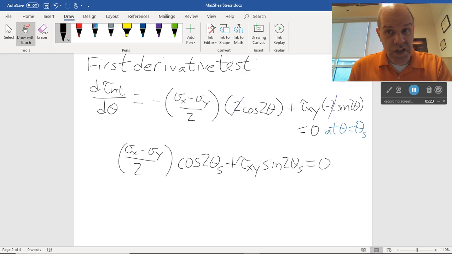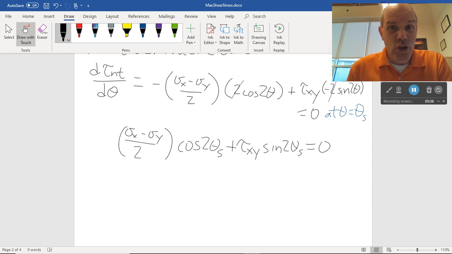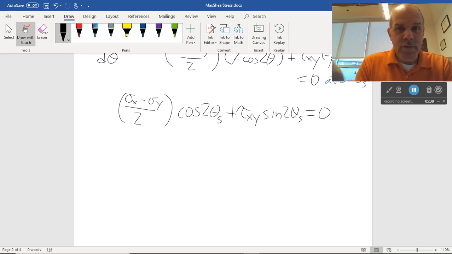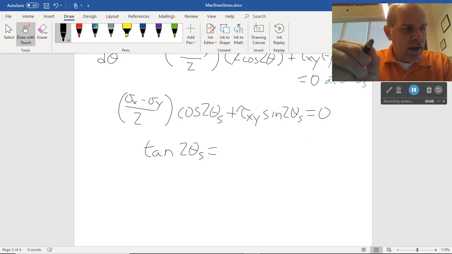Last time, when we did the principal stresses, we said, hey, sine divided by cosine equals tangent. Let's solve for tangent of 2 theta s, or 2 theta p that time because it was principal. We're going to do the same thing just for theta s instead of theta p. It hopefully looks like something similar, right? So I can do some manipulation. The tangent is the sine divided by the cosine, so tangent 2 theta s is going to equal, and this is where things are going to get a little bit different,